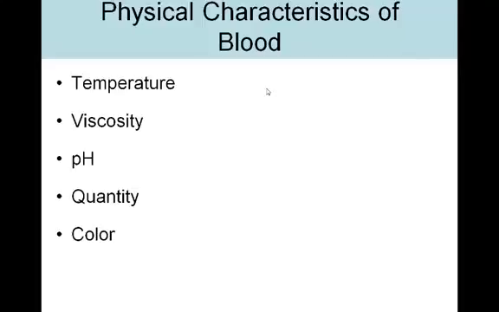Now it is true that the shades of red can differ depending upon different things being present in the blood. This is very common for oxygen levels. High versus low oxygen levels will change the reddish color of blood. You might get a bright red versus a dark red. But blood is red.